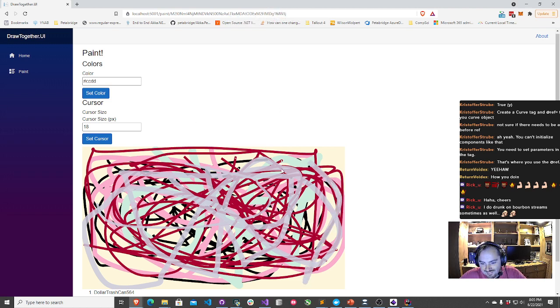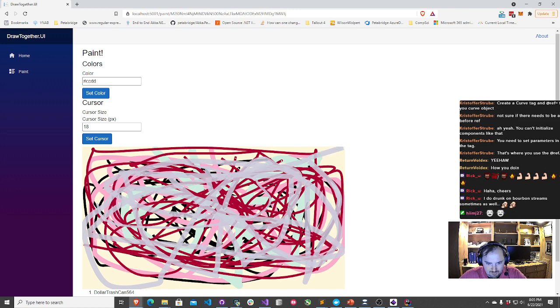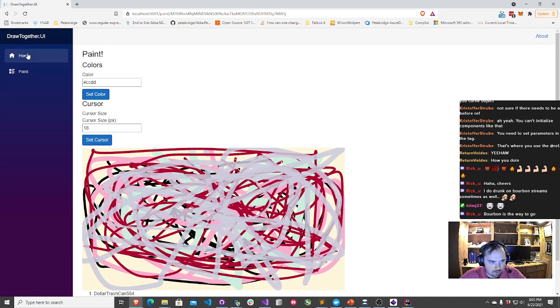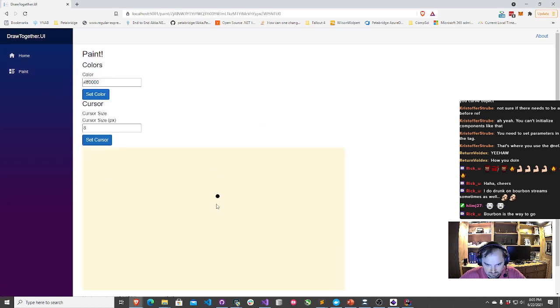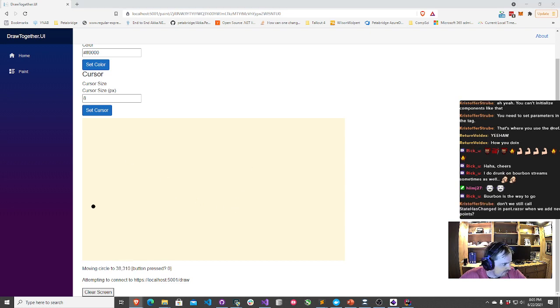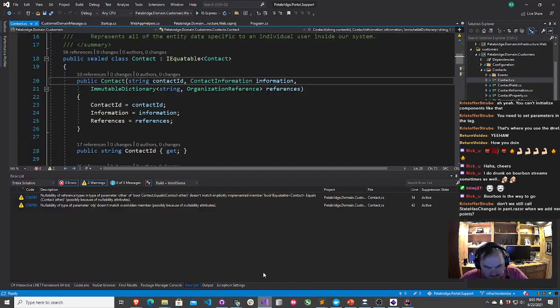All right. Well, it looks like this is still slowing down a little bit here, but we're in much better shape than we were before. Let's go ahead and try a new paint session. We're still definitely having some SignalR performance issues. Don't we call state changed in Paint.razor when we add new points? Actually, no, we don't. We don't call that anymore. So these are just setting the parameter directly. So I don't believe we do.